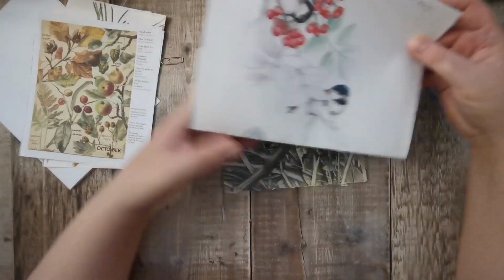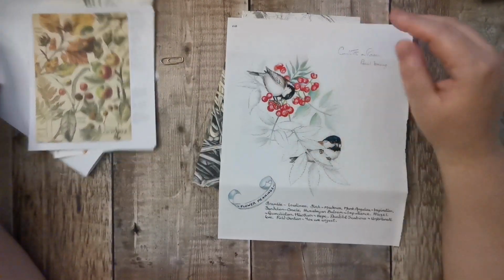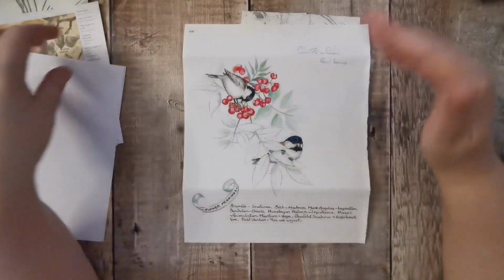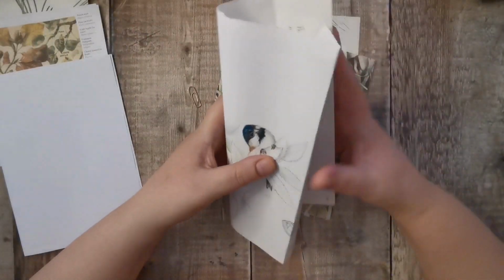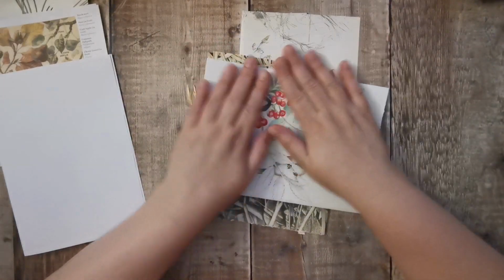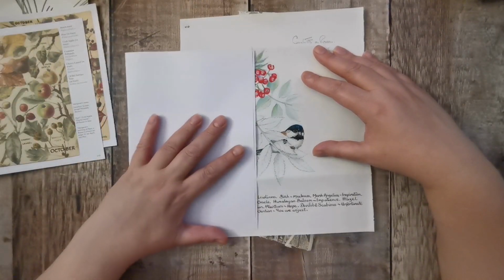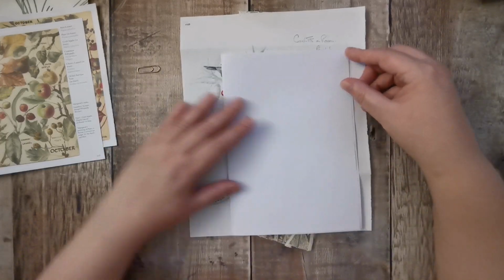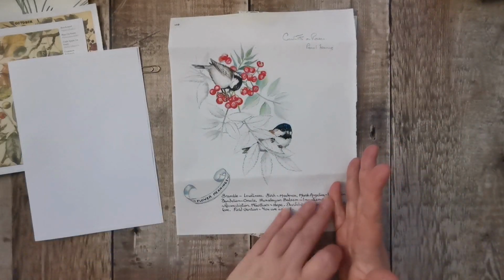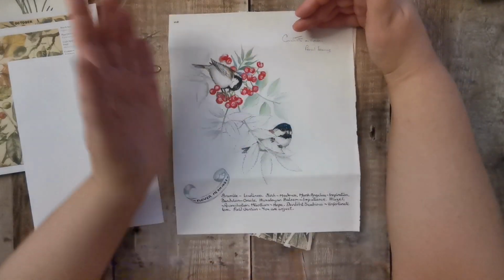So that's that. Then I've got this, which I did toy with. I think I'm going to make this into a page. It did come out singly, so I would have had to put another page on it. I'm not keen on folding them like that and having things the wrong way. I don't like it. And when I looked at size, that would be perfect height wise, but you would then be cutting that writing down, which would look weird. I could have just had the page like that and cut it down